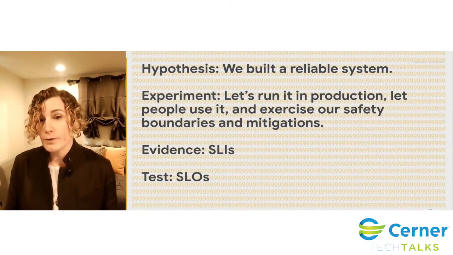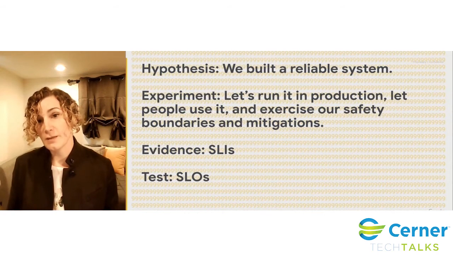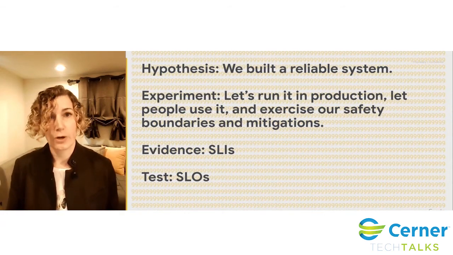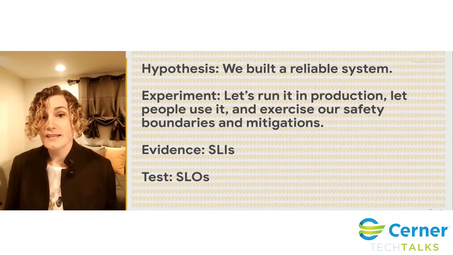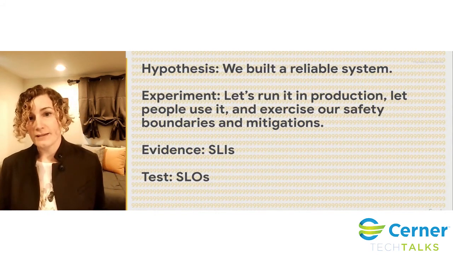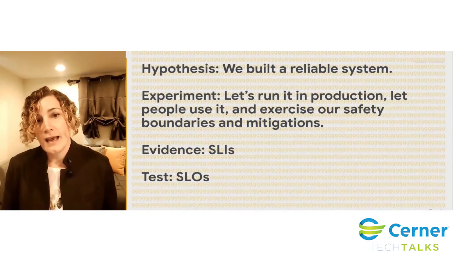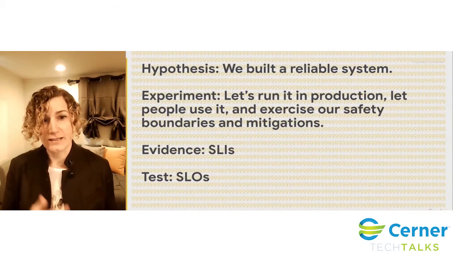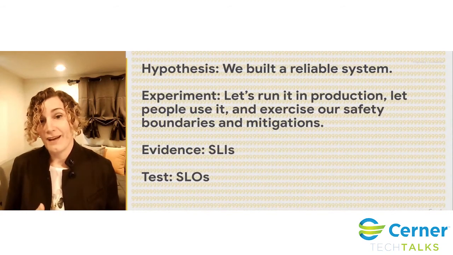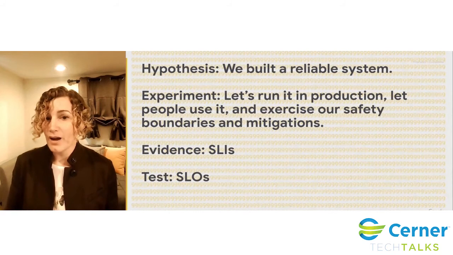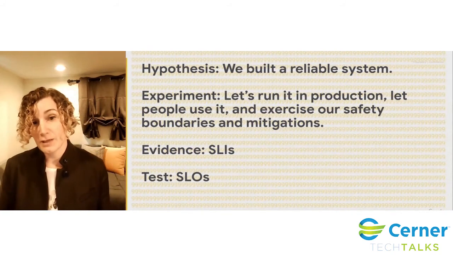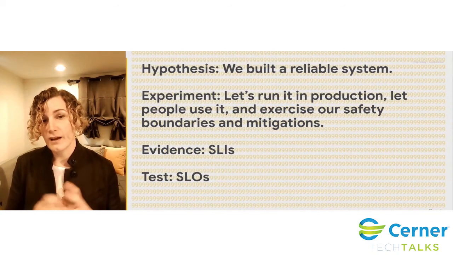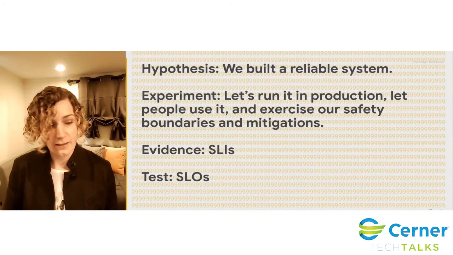then you can start testing your assumptions about whether the system is reliable or not through fault injection, through these pathological probers, through chaos testing. And it's not scary because you can fix it fast. You have tools to fix it fast. As you exercise those different problems that lead to outages, you can fix them. Then you get to the point where you're really confident running in production that you're going to meet your SLOs and your SLIs, because you've narrowed the blast radius and the size of the outages that you're going to experience.